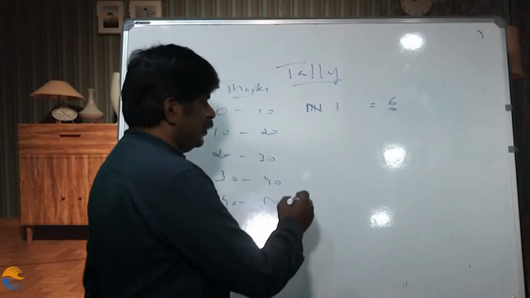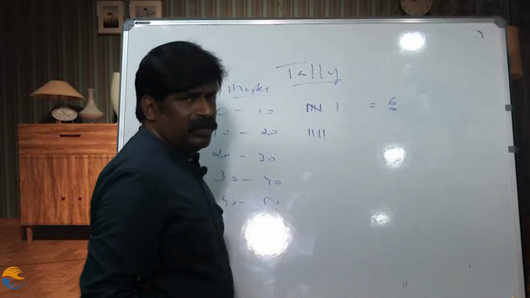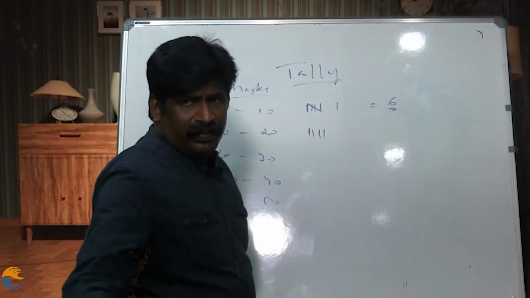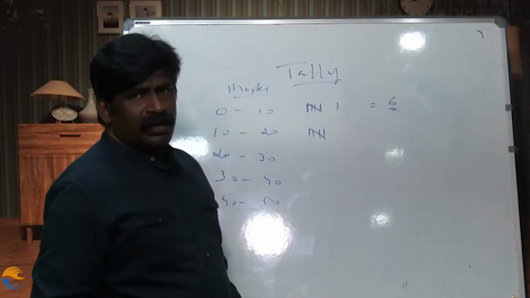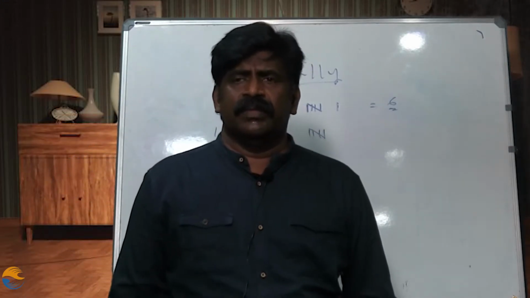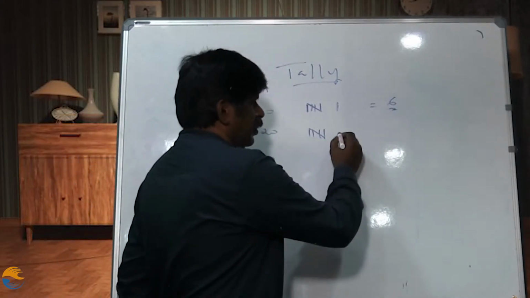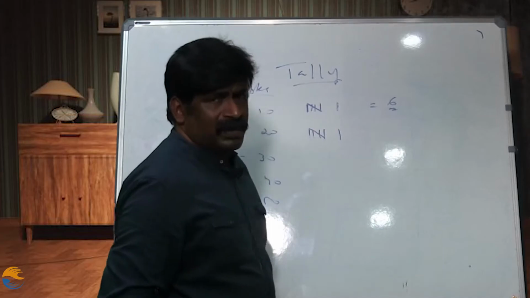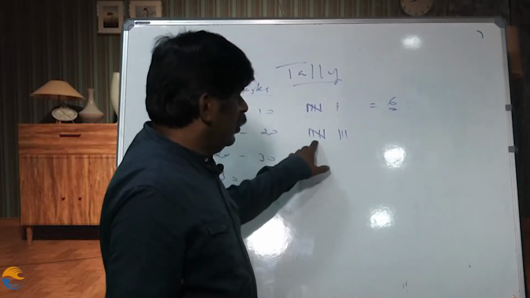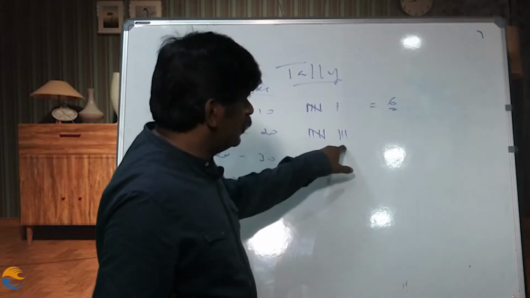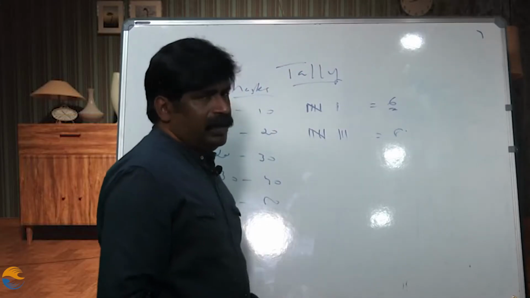When the first information is collected, put one tally. Then next, 4 tallies are there. The fifth information is marked like this. Then it will become a group of tally. And the next information will be collected and plotted as the next tally mark. If there exist 3, it will be easy to total them. 5 plus 3, 8 will be the total number of students between 10 and 20.